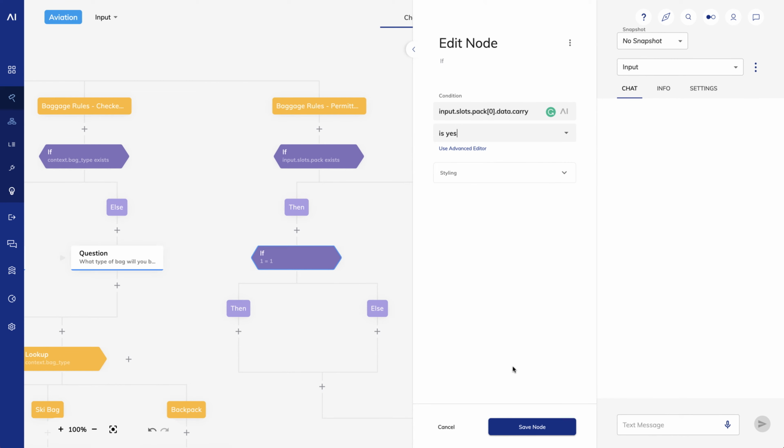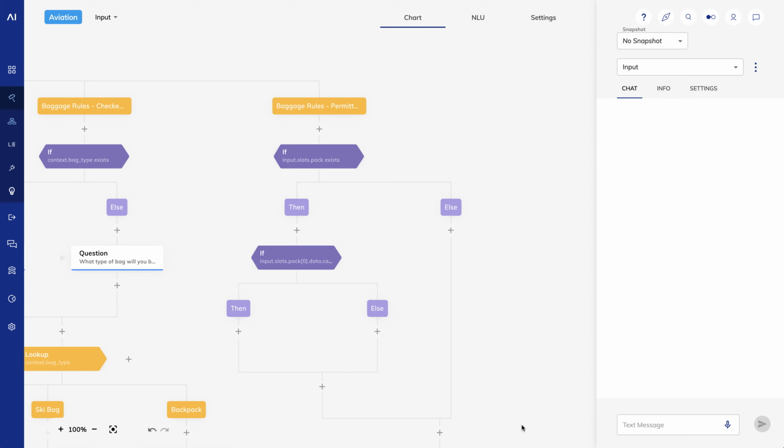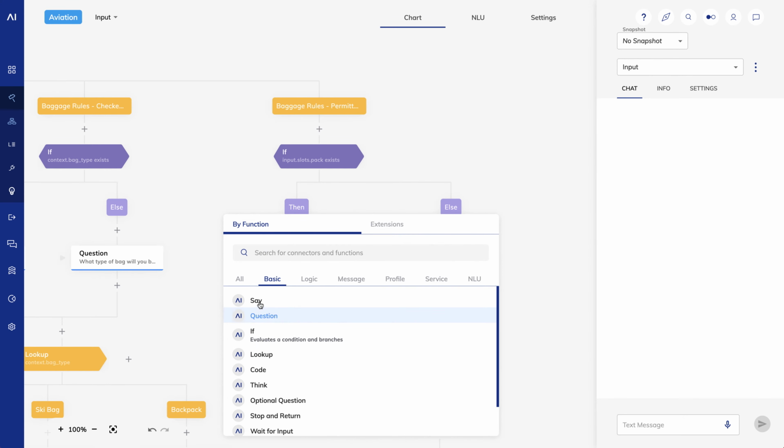You may recall from an earlier session that Cognigy treats yes as true in this case. So, if carry is true, I'll tell the user they're allowed to bring the item on board. I'll create a say node for the then and the else branches.